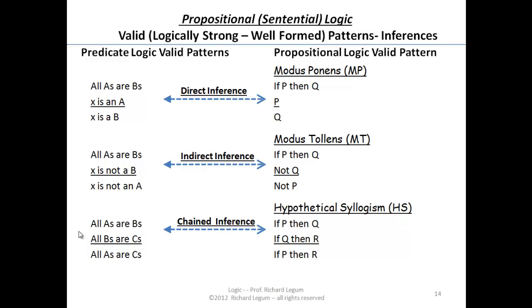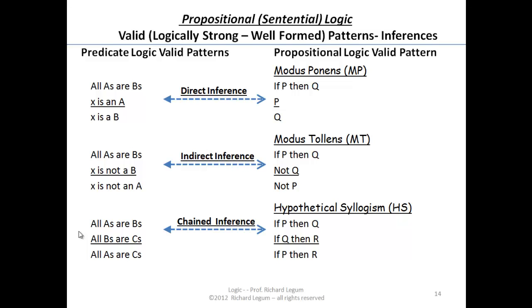Good inferences. In the case of the propositional calculus, the first one's known by this Latin name, modus ponens, the way of affirming, they might say. That is, going in the affirmative direction. If P then Q, I'm affirming the antecedent, I get the consequent. It's sometimes called affirming the antecedent. Modus tollens, it's the way of denying. So if P then Q, I'm denying Q, therefore what I can conclude is that P isn't true, I'm denying